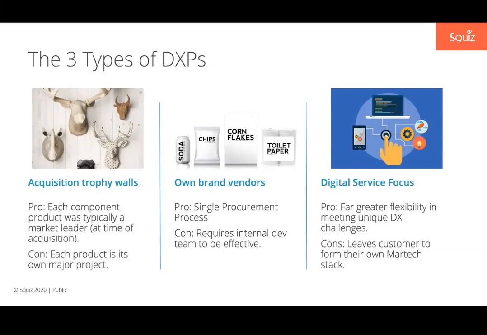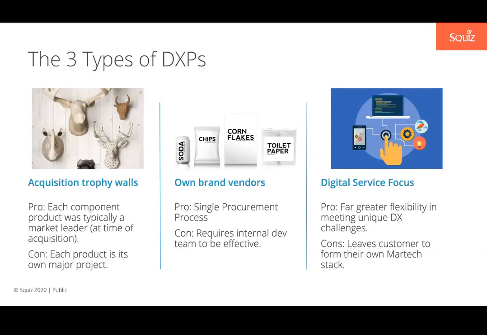And what they find is that once they've spent the budget purchasing this platform of tools, they've only got enough left over to then implement one of them. And it's usually the base CMS. So they stand up the website, and then they've got an overpurchase of software. And this is a problem which Gartner and Forrester have both called out as an issue over the past 10 years: overpurchasing of software is a huge problem. Something like billions of dollars annually are spent on products that are never used. The other type of DXP is the own brand vendor.